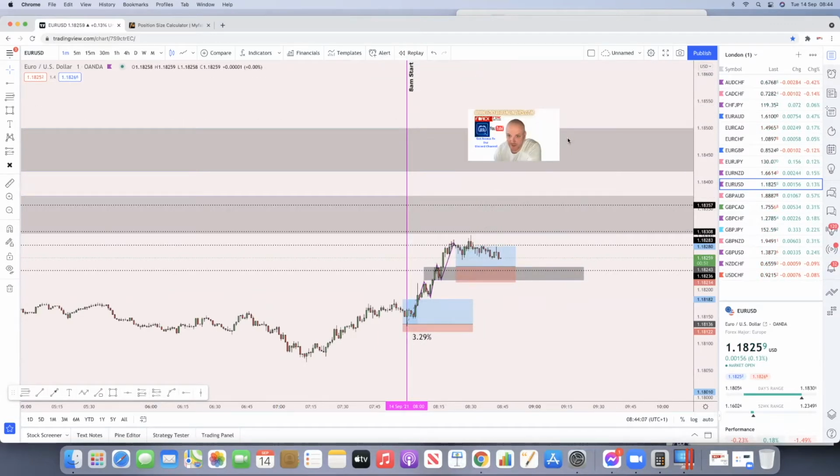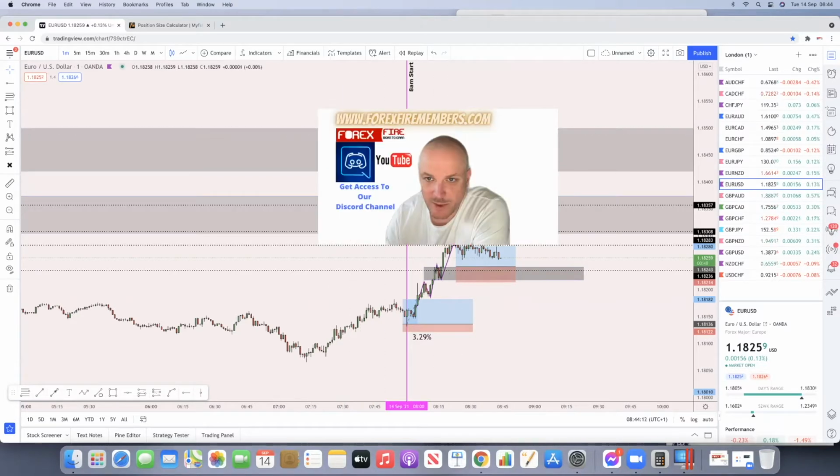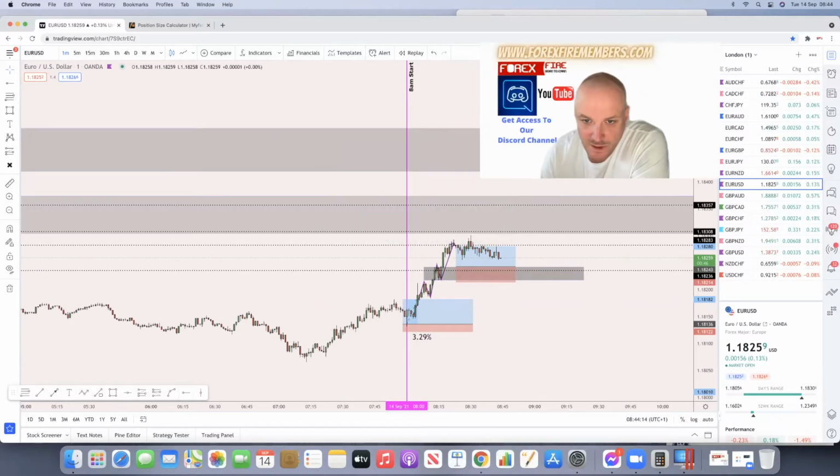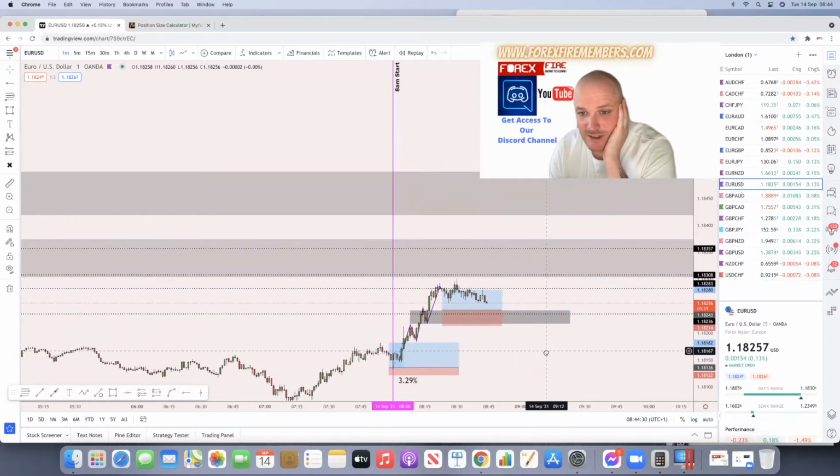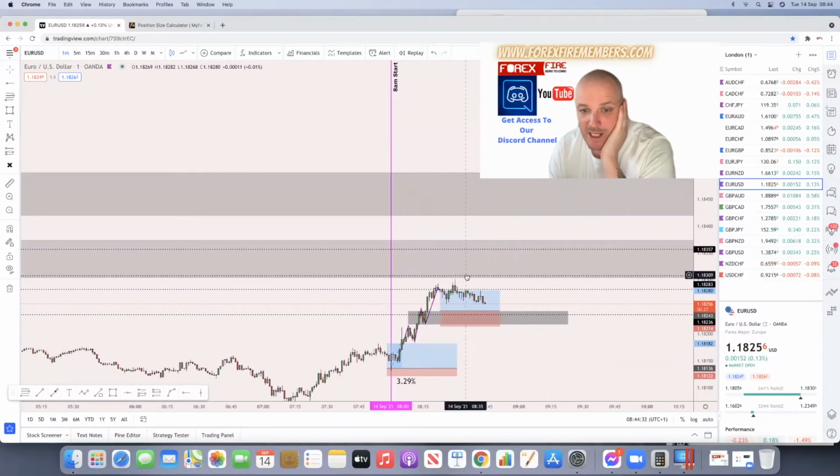Move my handsome face in that corner there. Make it a bit bigger. So you can see at the moment we've got from that swing point on the 15 minute, you've got the rejections coming off on here, okay? So it looks as if we're going to be getting the area to come down to touch back into here, okay? And then we might get the continuation to the upper end of that 15-minute zone, which is nesting.